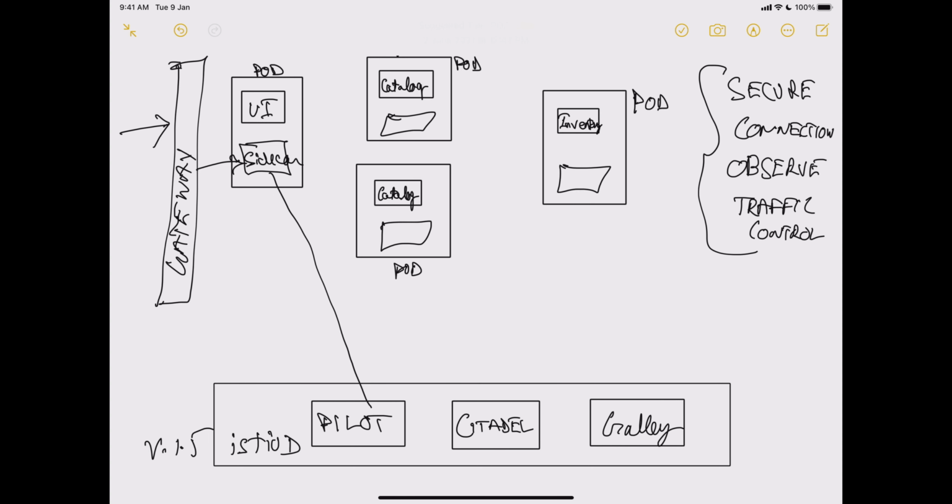So let's see what happens here in a flow of logic. As I said, the request will reach this sidecar, and from that sidecar, after analyzing virtual services and destination rules, this sidecar will find out where the request should go. It will send the request to your UI component, and from there it will receive it back, and then it will check where our main component wants to call.